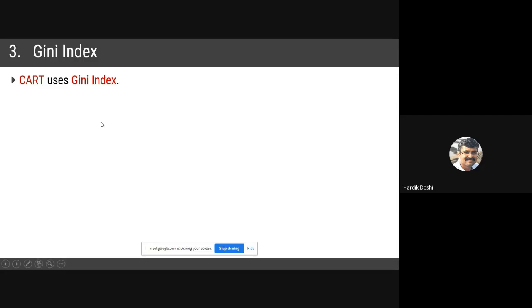Now, what actually is the Gini index? Gini index is basically focused on creating binary trees. In the previous two methods, an m-ary tree was getting generated. Over here, in the Gini index, for sure we'll be getting a binary tree. So the concept of CART focuses on binary tree generation for any kind of decision tree. We always have a binary tree, which makes the computer programs easier to implement. That's why the Gini index concept was introduced.